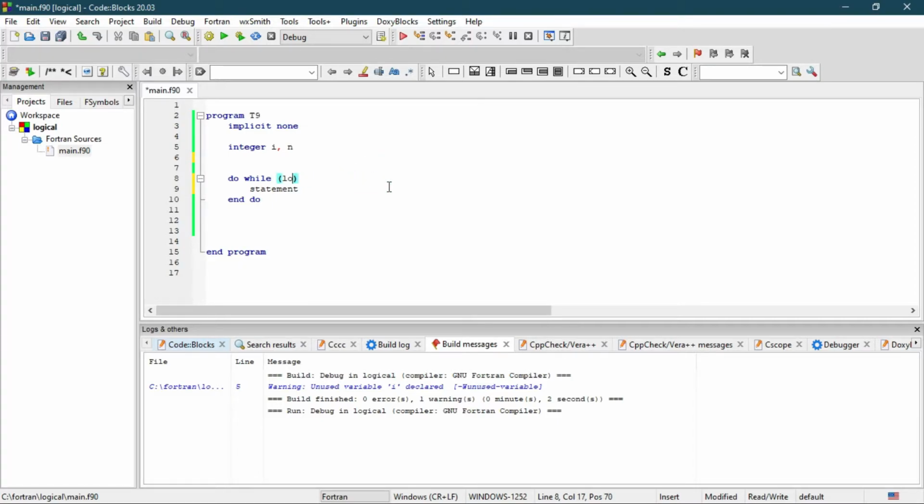Say, in this case we are going to print I. But here you have to initialize the value of I outside this loop, before this do while loop starts. So here you have to write I equals 1. So this is the initial value of I. Then you have to put the logical condition up to which this variable I should run. So say I less than or equal to 10. Now just write print I.